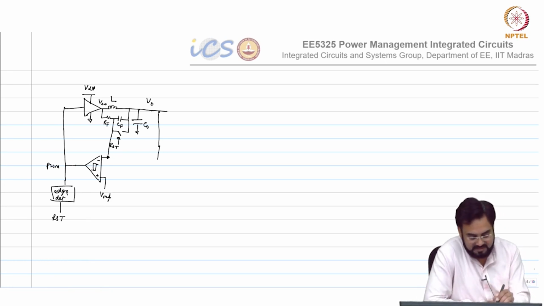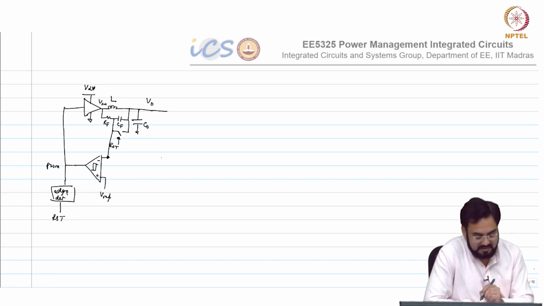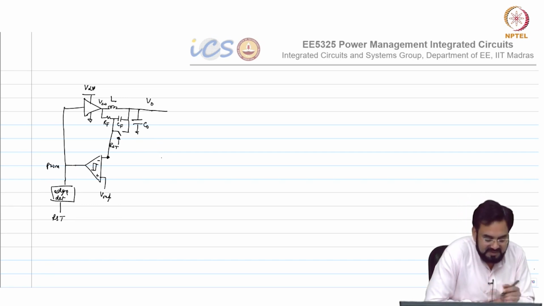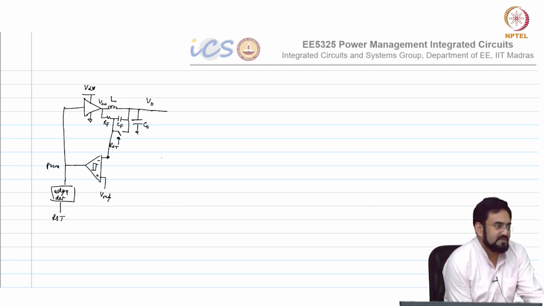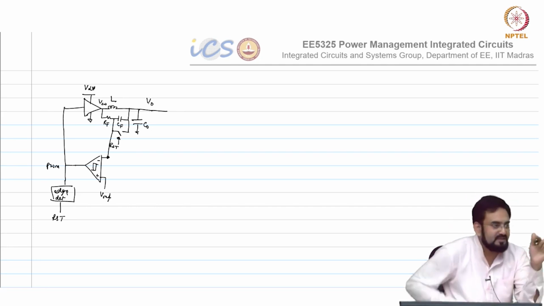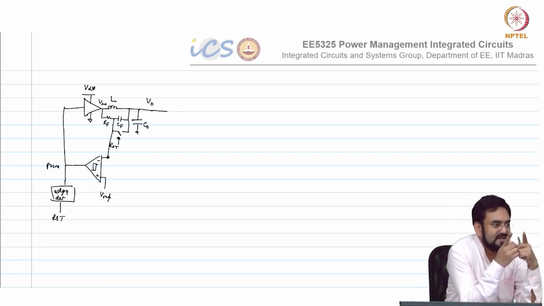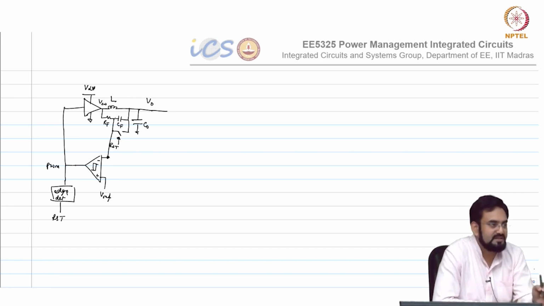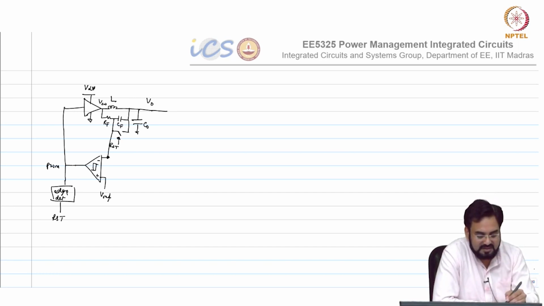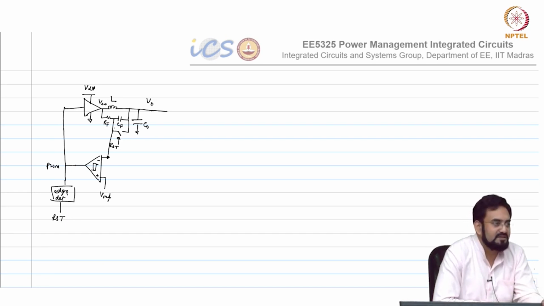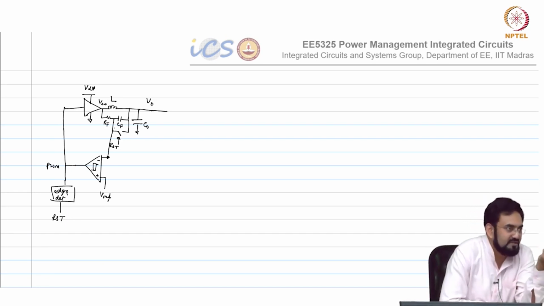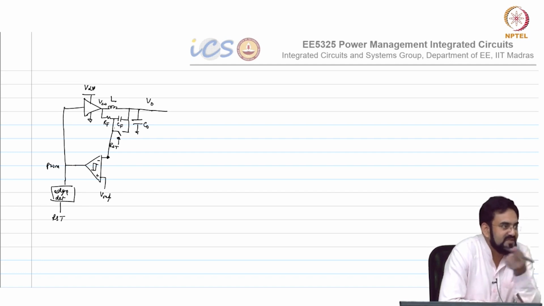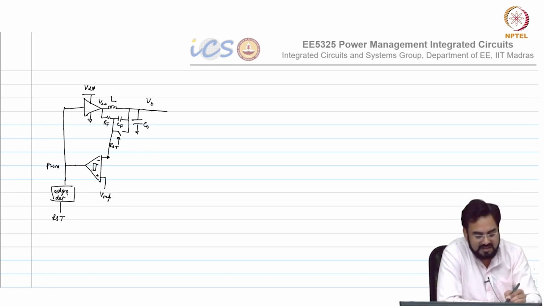Sorry. It will work, but the problem will be your transient response may not be as good, because now you have two paths. Let us say you apply a transient on V out while this voltage is charging or discharging. At that time there is no feedback from V out, because you are shorting the V out for a very short duration only at the edges; in between you are not sampling the V out. So the only path to correct the transient is through this feed forward cap.